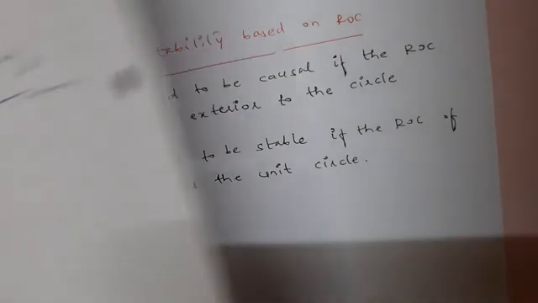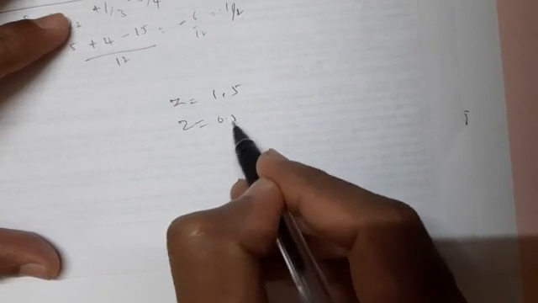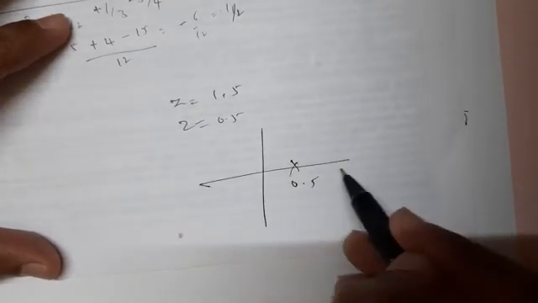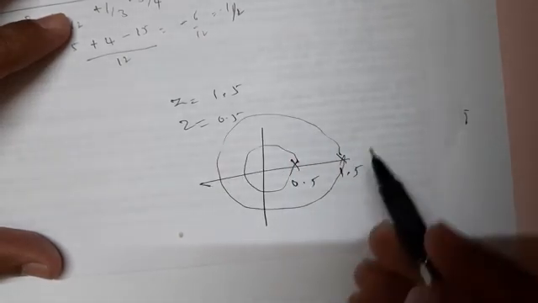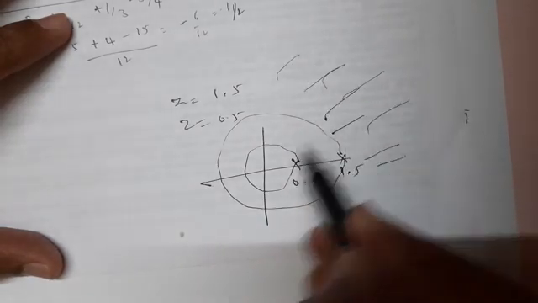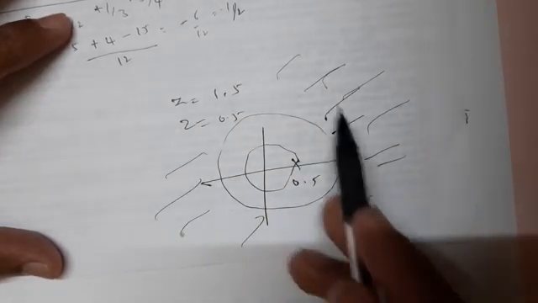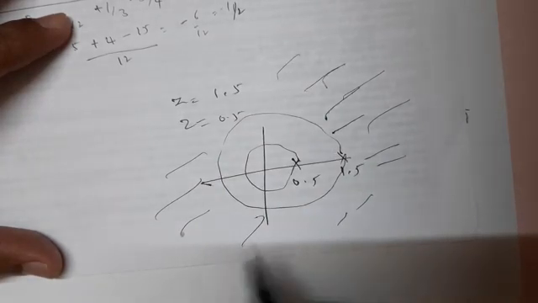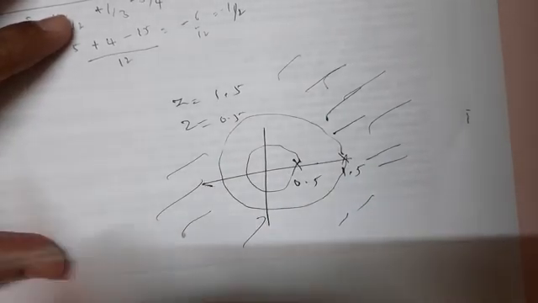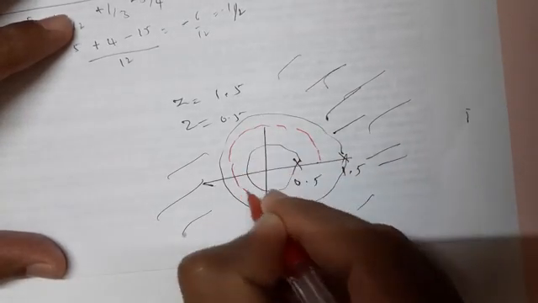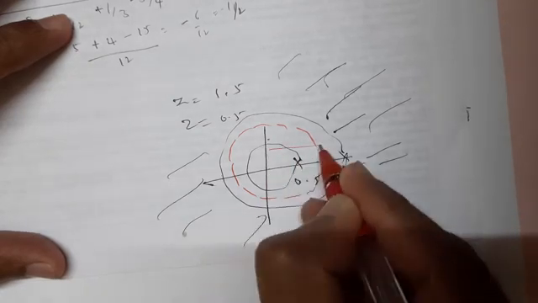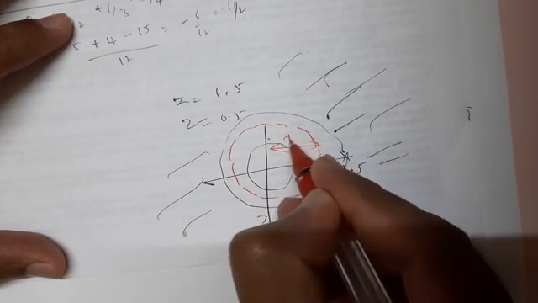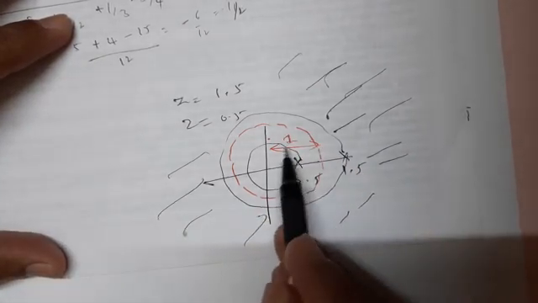Including the unit circle, for example, you have |z| equal to 1.5 and |z| equal to 0.5. This is one circle, this is another circle. If |z| is greater than 1.5, does it include the unit circle? What is the unit circle? A circle with radius 1. This is your unit circle. This is your radius from the origin, the radius is 1.